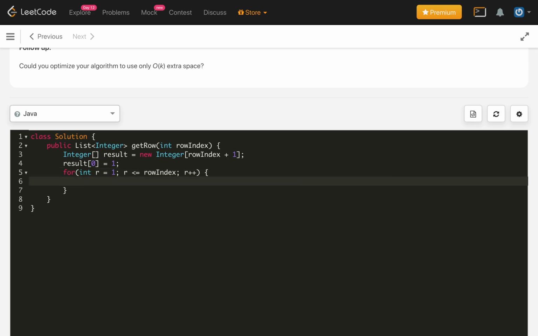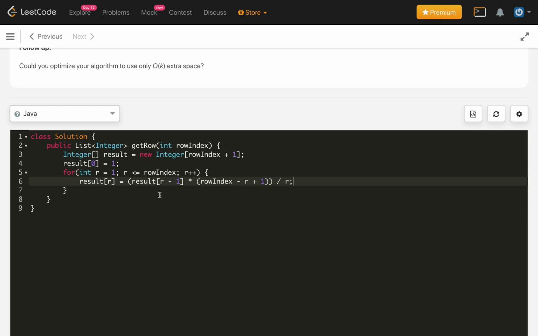Now we will get result of r by using result of r minus 1. Result of r minus 1, we need to multiply by row index, which is our n here, minus r plus 1, and then surround everything with brackets and divide by r.